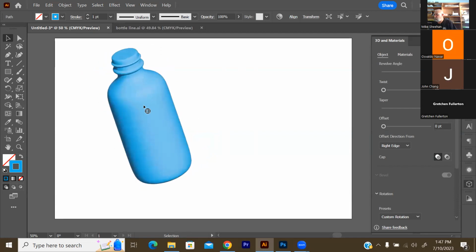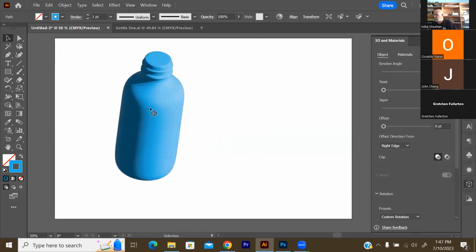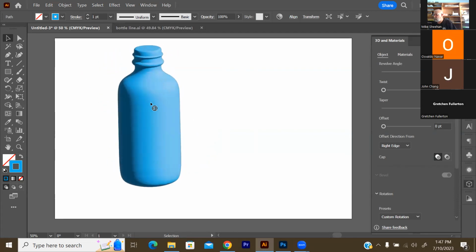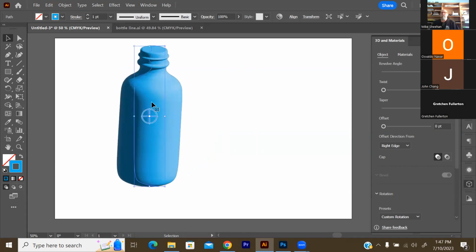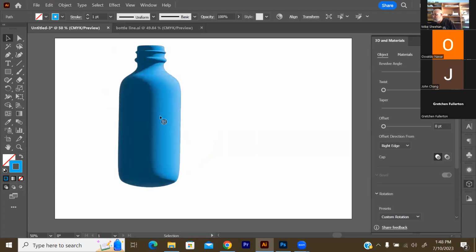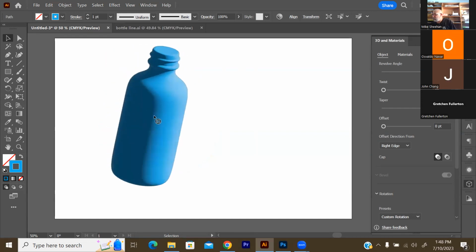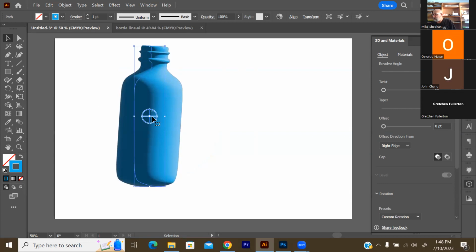So basically, if we create a profile, Illustrator will automatically generate a 3D image. You have a profile shape, and what Illustrator does is it takes that and rotates that shape all the way around, and then turns it into a 3D object. So you can see here that it's got a flat top, okay? And I put these little shapes in here to indicate the threads, right? Now I can come in here